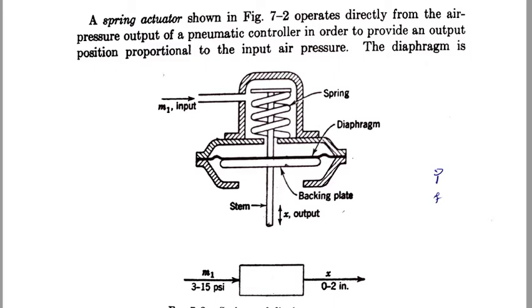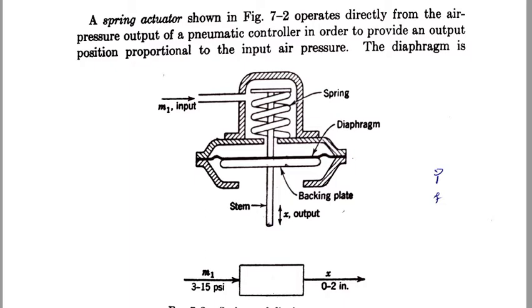Previously the stem is in this position, but now whenever you apply pressure, according to the diaphragm movement, this stem will move down. Whenever this stem moves down, that will restrict the inflow rate. Okay, so nothing but this closes that particular entire pipe. Is there any output flow rate? No, that will be 0.